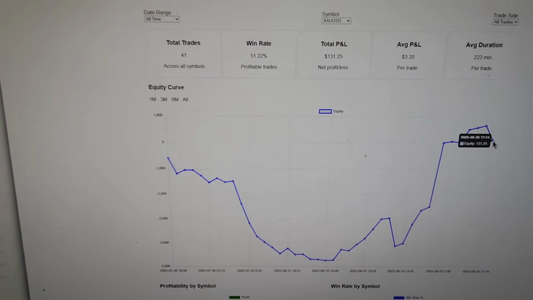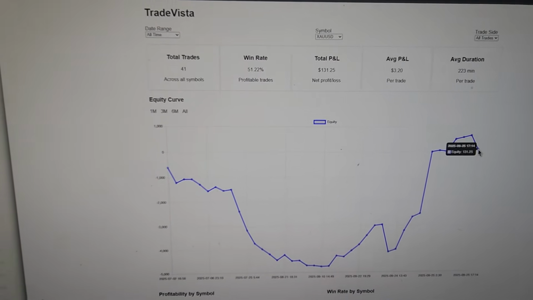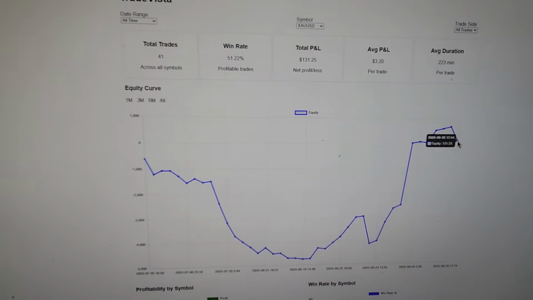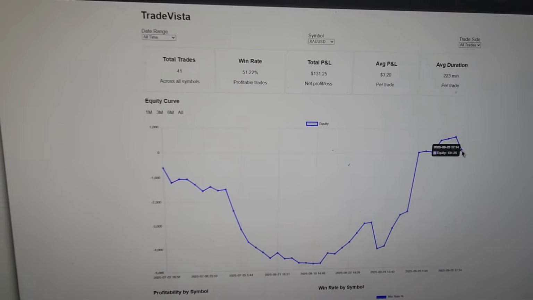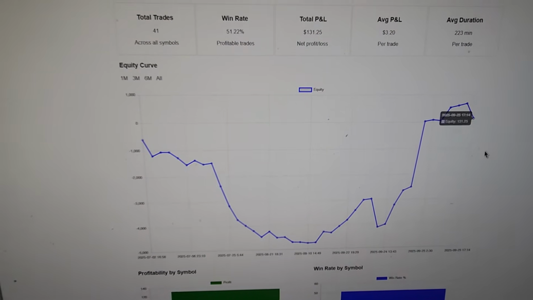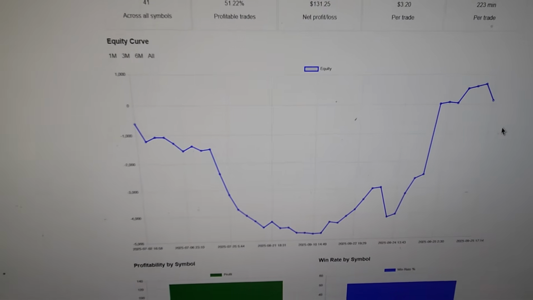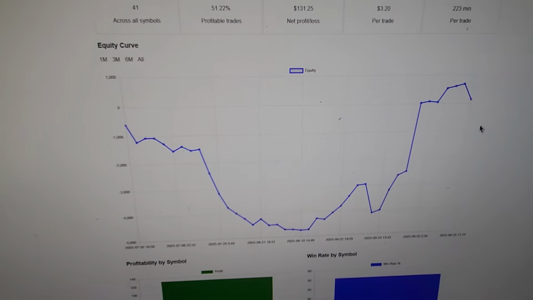The key takeaway is to have set rules for your model. Don't be freeballing your model. Don't freestyle it. You're not going to make it if you're freestyling your model. Even some discretionary traders, they're only discretionary because they've been trading that same model for so many years. It's like second nature now.